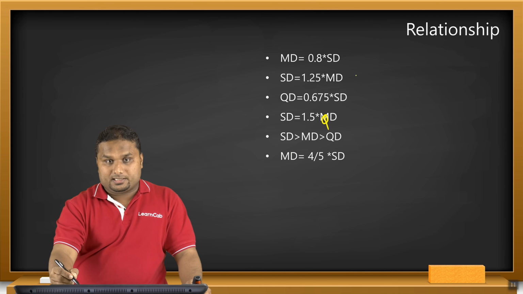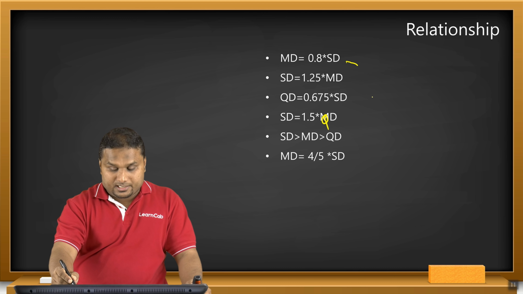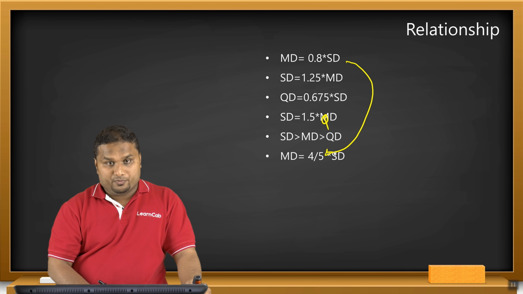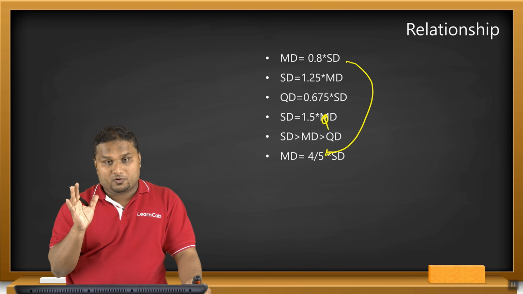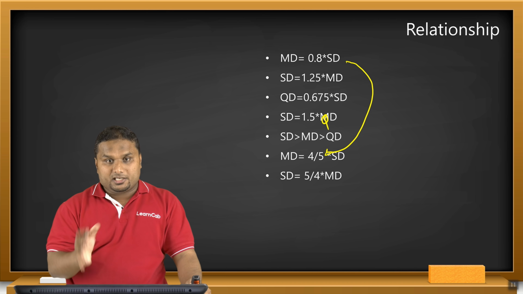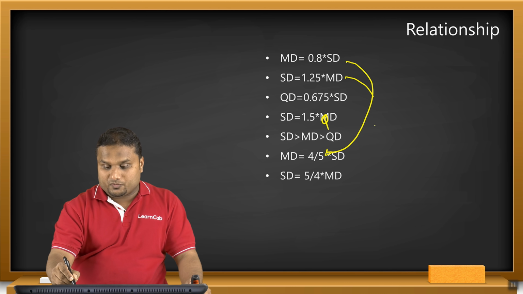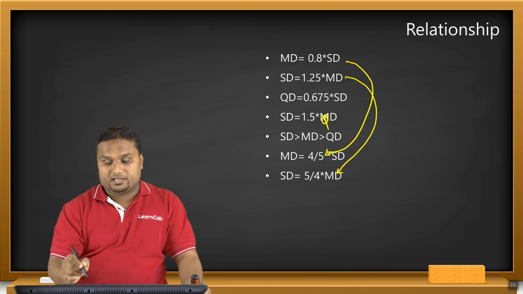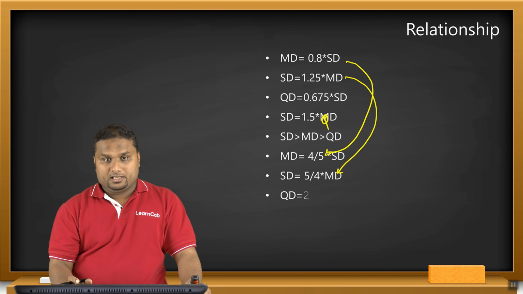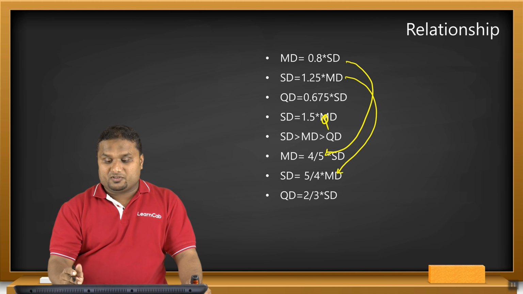Okay, now let's see another kind of relationship. The same term, 0.8 means it is 4 by 5. So mean deviation is equal to 4 by 5 times standard deviation, and standard deviation is 1.25 times, which means 5 by 4 times mean deviation. Then the quartile deviation is